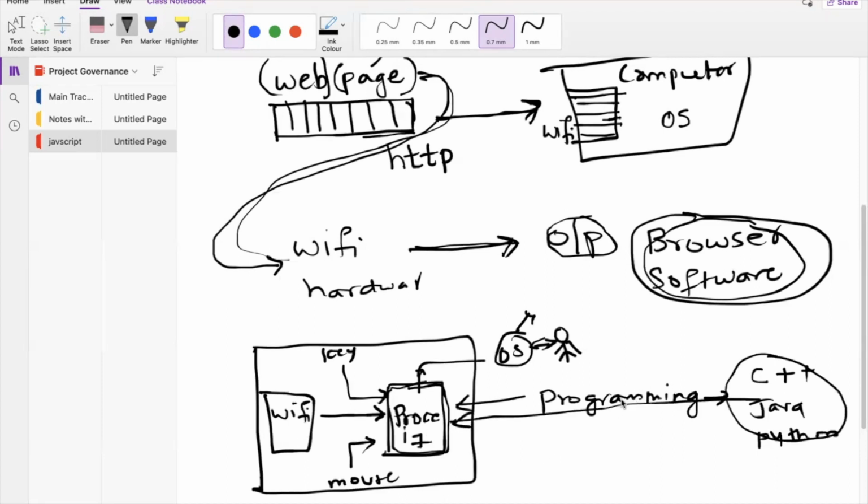But we are talking about a totally different thing. I'm talking about building something which is on top of the device, or rather on top of your operating system. Again, on top of the operating system, you have a browser. So we are talking about this guy. How to program in your browser. Okay. So this browser,